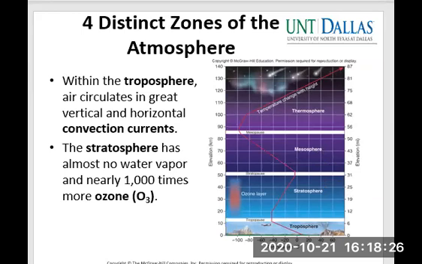This is a region of highly ionized, electrically charged gases that are heated by a steady flow of high energy solar and cosmic radiation. In the lower part of the thermosphere, intense pulses of high energy radiation cause electrically charged particles, ions, to glow. This phenomenon is what we know as the aurora borealis or aurora australis, the northern and southern lights.